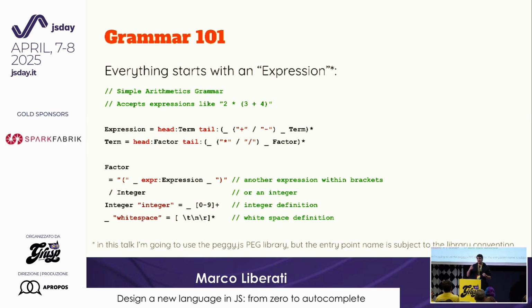An expression is made of two parts, a head made of a term type and a tail made of something else. You can see there is some sort of order in the way the grammar is defined. So plus and minus have precedence over multiply and divide. And then other subtypes can be defined. Factor is recursive, so you can call expression from the top. It's just a way to say you can